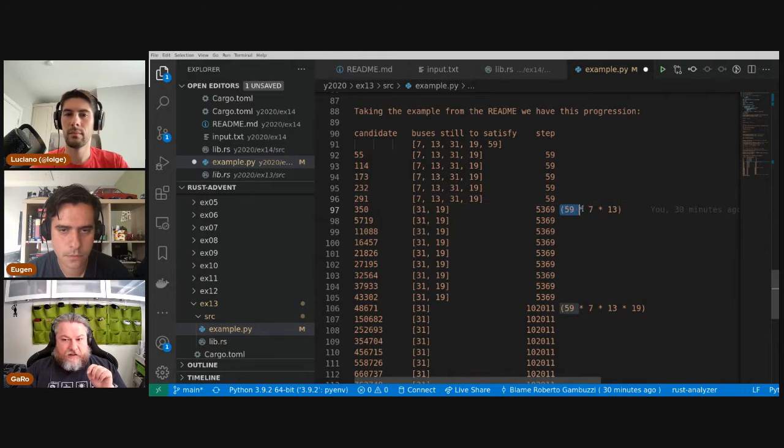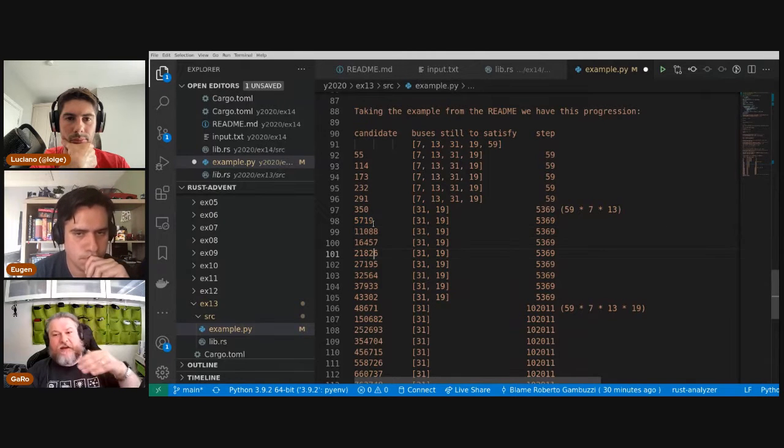Now our step becomes 59 by 7 by 13. So the step is the ID of all the satisfied buses. We jump on by this big number, so the steps become bigger, and so the time goes down. At a certain point, we have